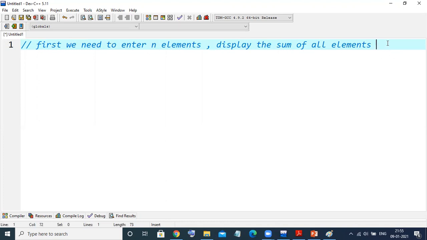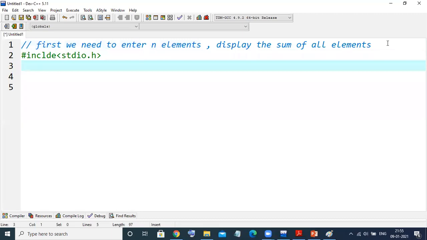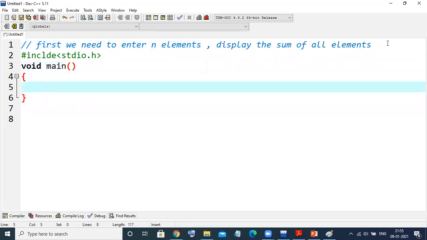Okay, so first of all, let us include some mandatory header files. So stdio.h, then I'll take a main function. Then the first thing is I want to declare one array. Suppose the name of the array is, I'll take like a